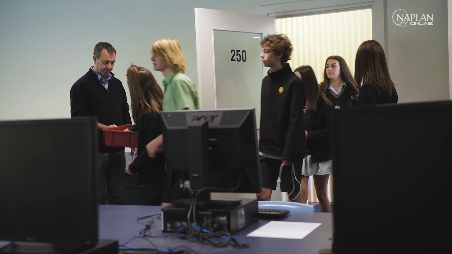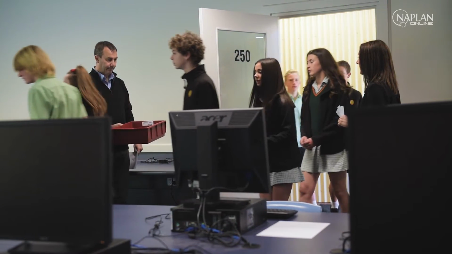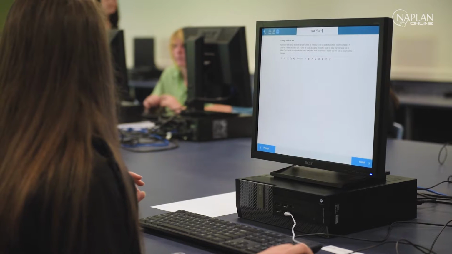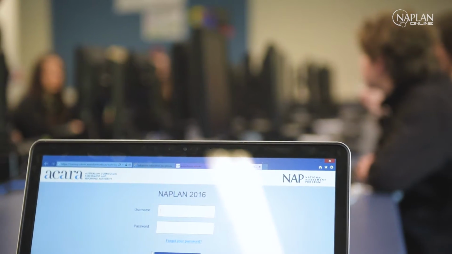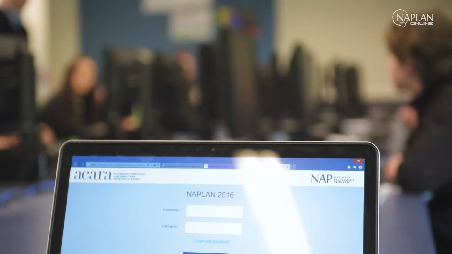Schools might elect to utilise the school computer lab or portable devices used in the classroom. The teacher also needs a device. More information on the types of devices that are suitable for use in Naplan Online are available at